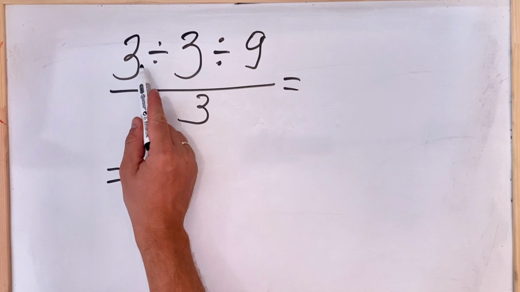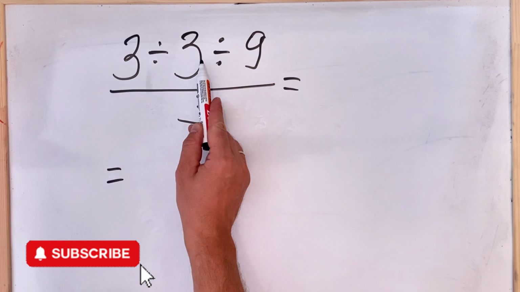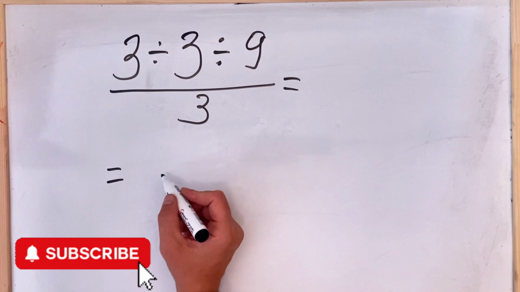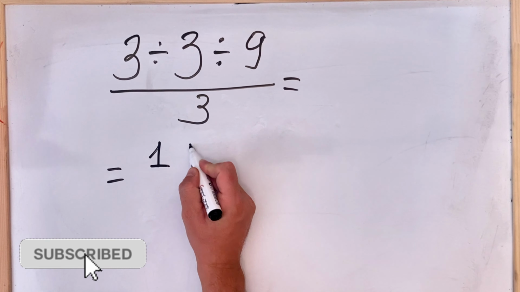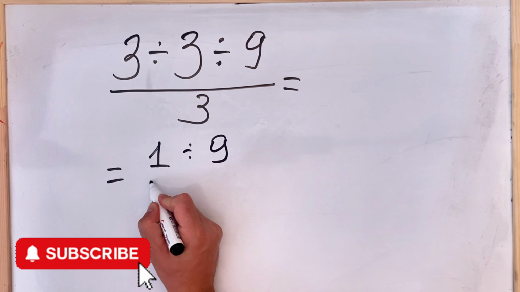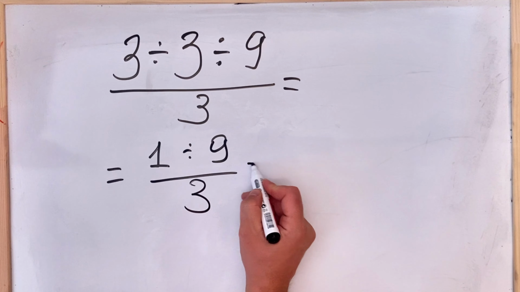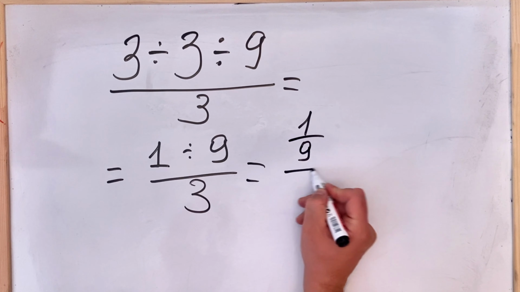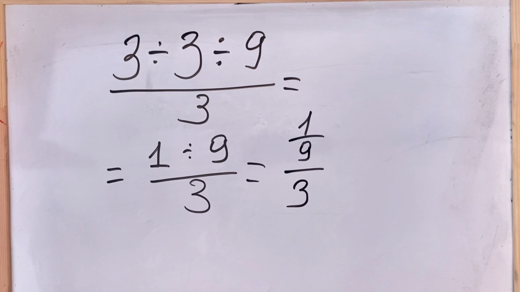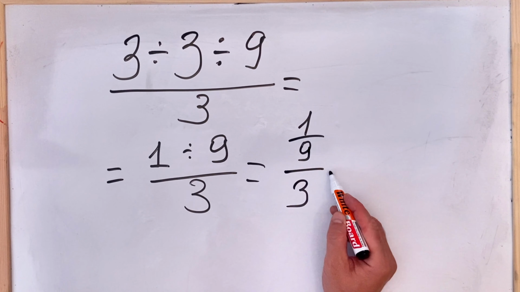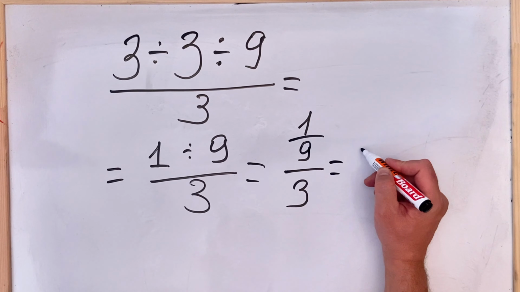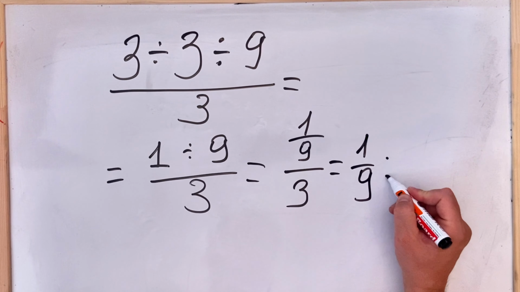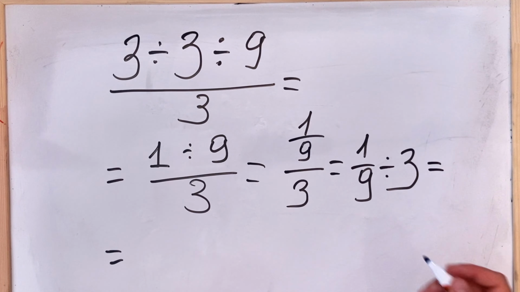In this case, the numerator we have 3 divided by 3 equals 1 divided by 9 equals 9. So we have 1 divided by 9 over 3, which we can write as 1/9 divided by 3. So in this case, if you know, this bar can be written also as a division, to visually have it easier. And here we can apply the